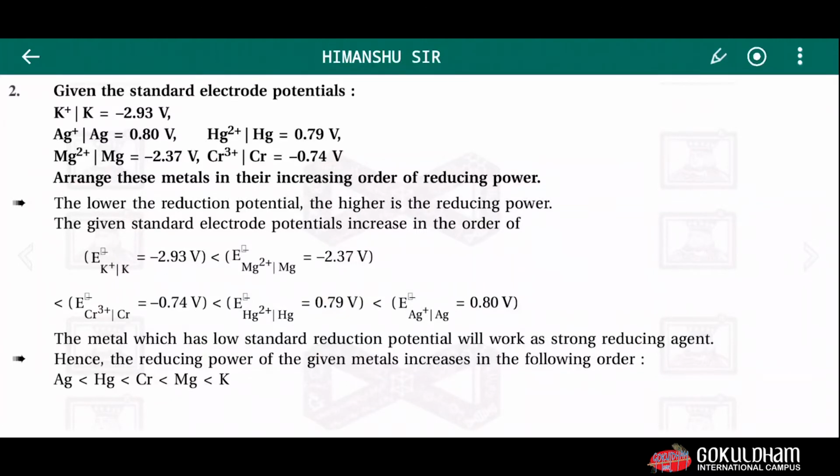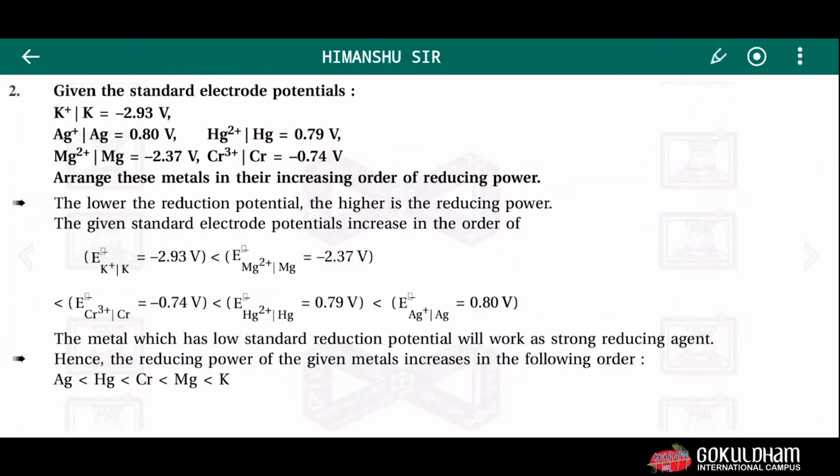It means potassium has the highest reducing power, because potassium has a very low value, so potassium will undergo oxidation and will reduce other metals very effectively. So your order is